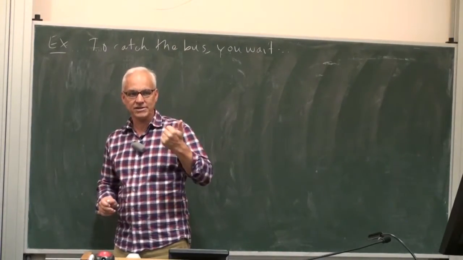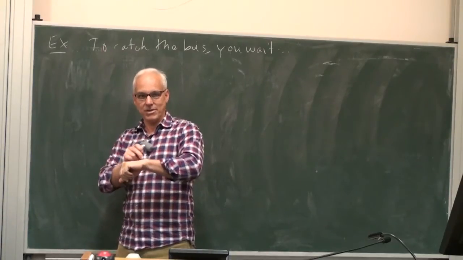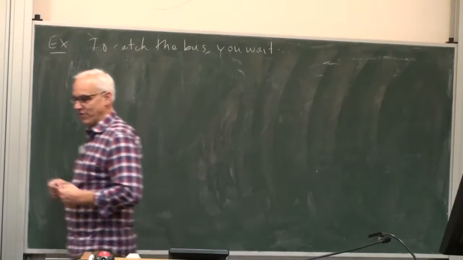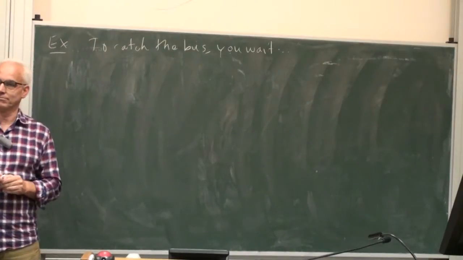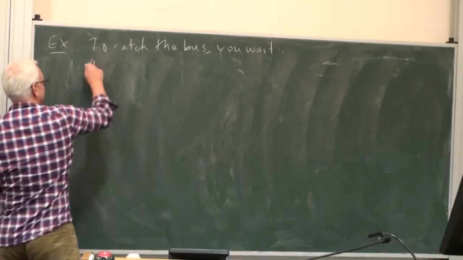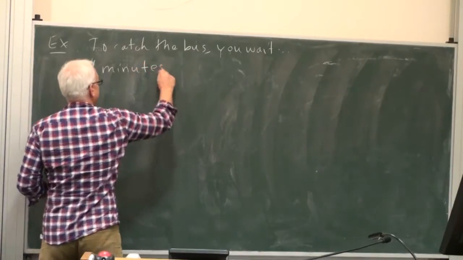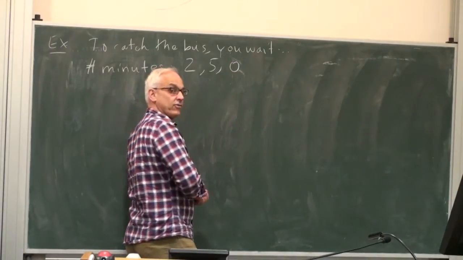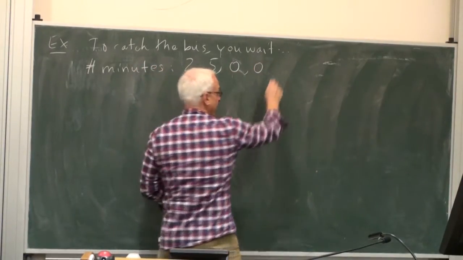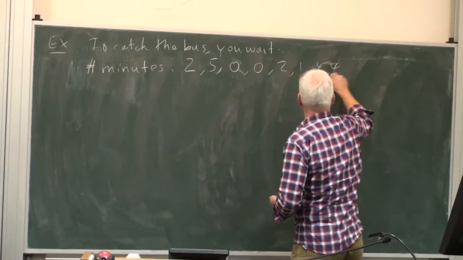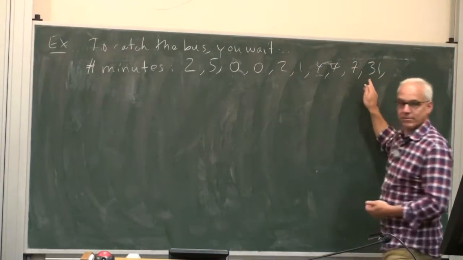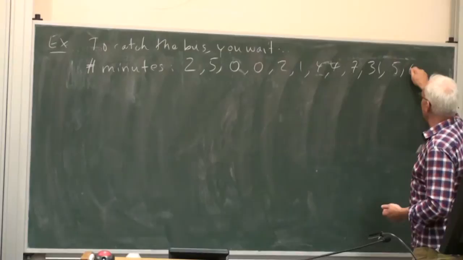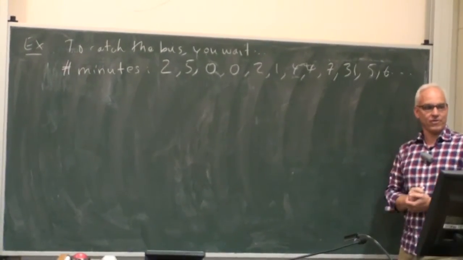So it'll either be 0 minutes in case the bus is right there, or 1 minute, 2 minutes, 3 minutes. So maybe you measure every day, you make a record of how many minutes you had to wait for the bus. Okay? So sometimes the first day maybe you have to wait 2 minutes, and then the next day you have to wait 5 minutes. The next day the bus is right there, and the following day it's there as well. Then after that 2, 1, 4, 7, 31. Maybe there's a bus crash or something. Okay, and maybe it goes on like this. So you get all these numbers.